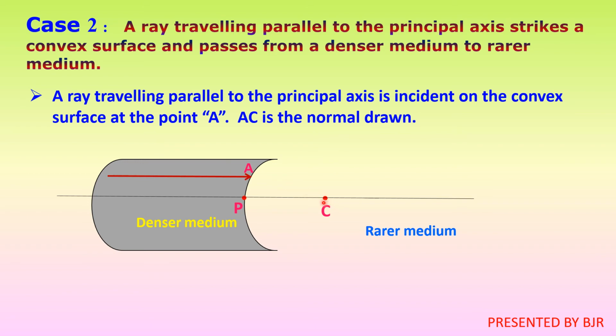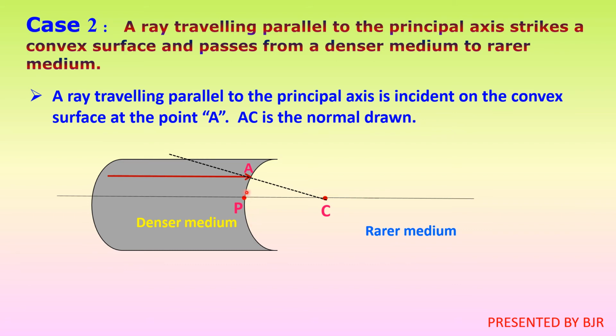Draw a line through A and C. Okay, this itself will become as the normal. So actually this is the radius, from here to here it is radius. Any line drawn through radius is always normal at that point. Okay, so now what is the